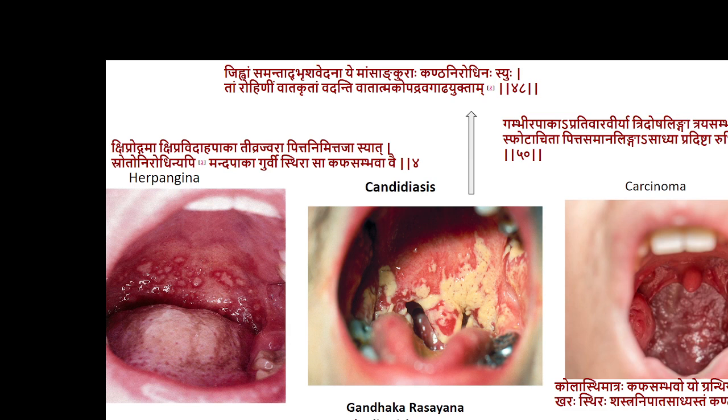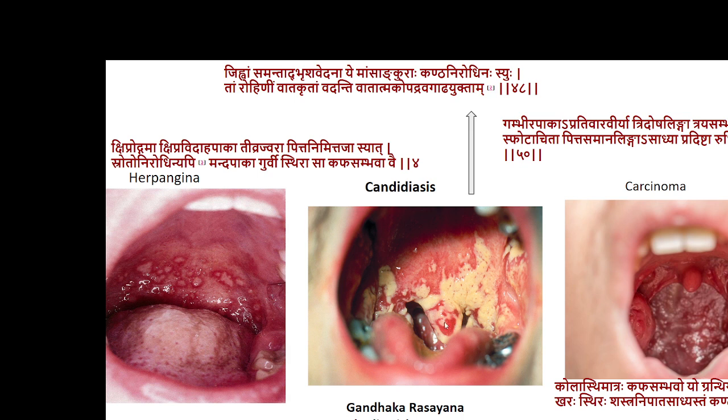When you look at the condition, there will be a rough surface, and even there could be fleshy tissues present over the area, with a yellowish slough surface, and it will be fragile and tend to bleed. The clinical symptoms of these are very much similar to that of the Rohini mentioned in Sushruta. जिह्वां समन्तात् घृषवेदनावया मांसाङ्कुराः कण्ठे निरोधिनः स्युः तां रोहिणीं वातकृतां वदन्ति वातात्मक उपद्रवगाढं युक्ताम्. The typical presentation would be the same, where there would be severe pain and swelling, and it can even produce an obstruction